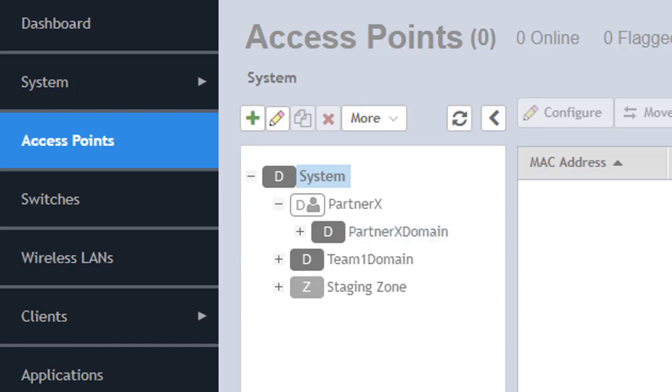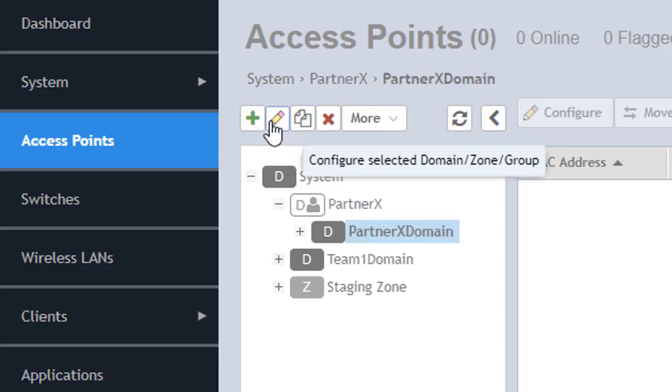So now that we have our subdomains and partner domains set up here, let me show you some of the options you have when you click on these domains themselves. You've got some options up here. You have an option to configure the selected domain, which really just allows you to change the name of the domain, is really the only option you have available right now. You can clone the domain, so you can make an exact copy of it, and you can delete the domain